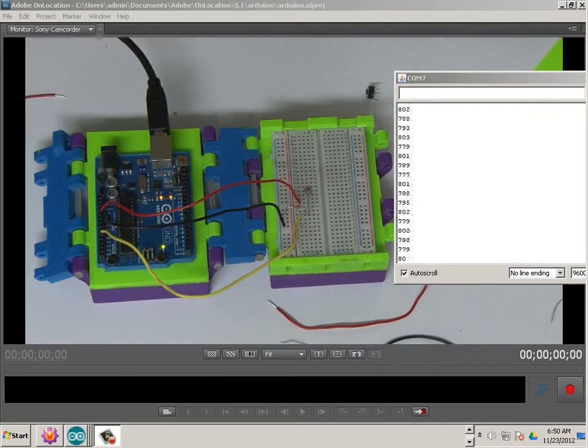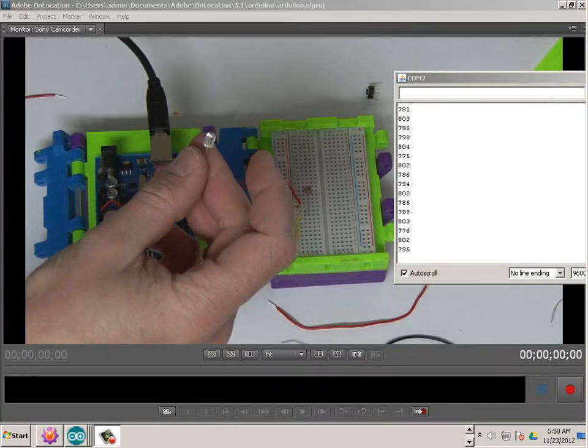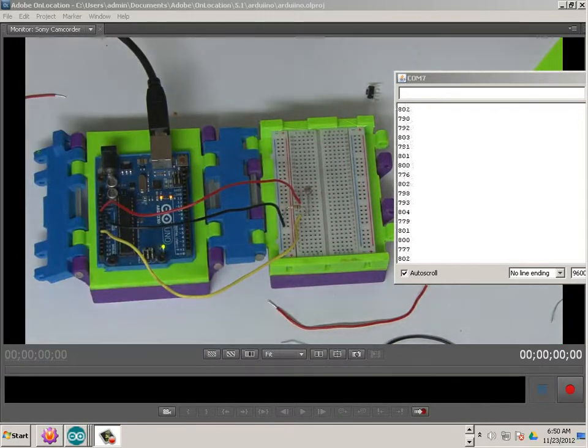Alright, now that we have our sensor data, we're going to be looking at taking the sensor data and lighting this LED. But what we first need to do is set up our hardware, and that's what this video is about. How are we going to set up our event? We've done that already, and hopefully you can start using your notes from the previous chapters to keep doing these